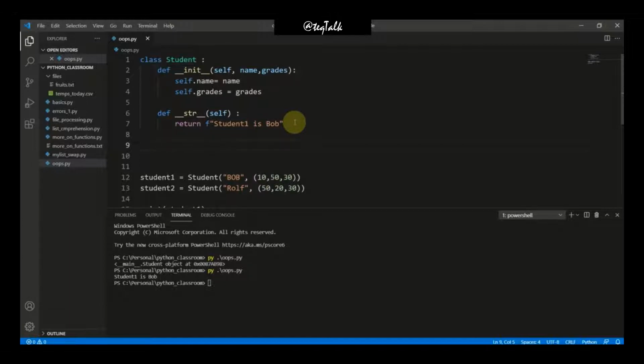And there is another magic method called wrapper method. So the purpose of wrapper method is also the same, that it will just represent the object string in a more sensible form like this. But what is the difference between str and wrapper method?